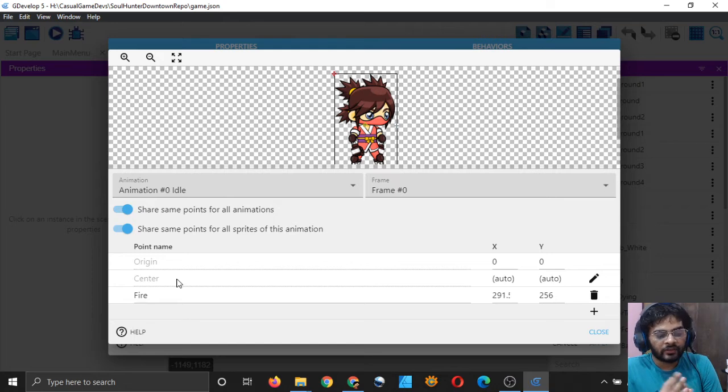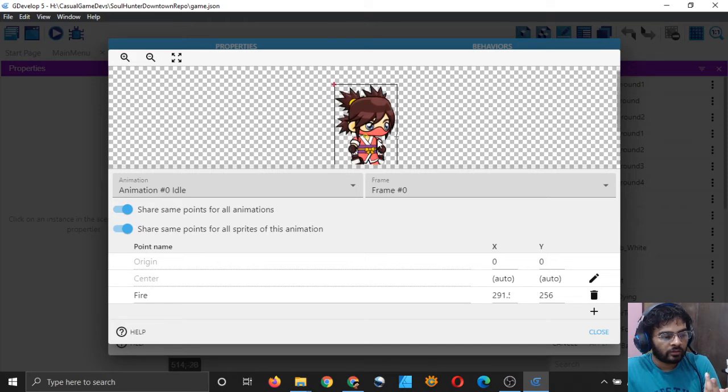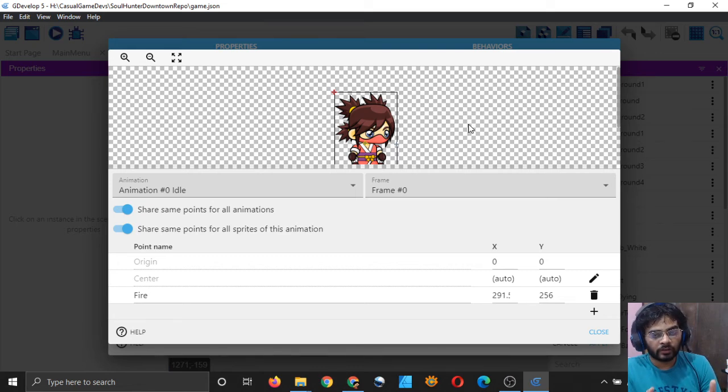Origin and center get made automatically when you import the sprite, so you don't have to change them in most cases. Just make sure that your origin is at 0 cross 0 and center is at the center of the sprite. But the new point which you have made arbitrarily, I have made a fire point myself, that point should be at the location where you want it to be.